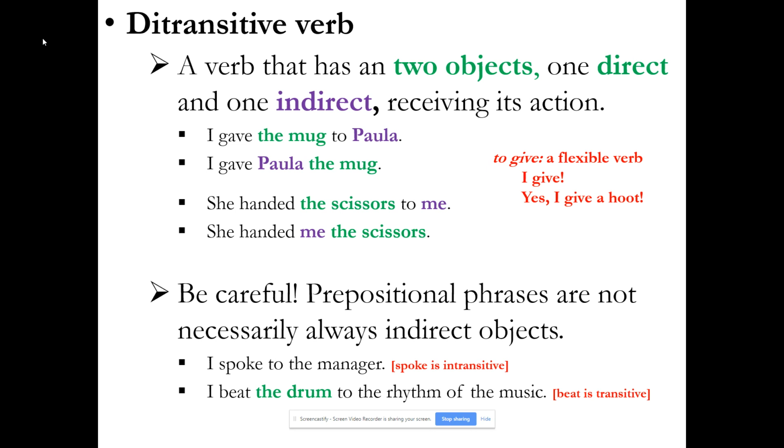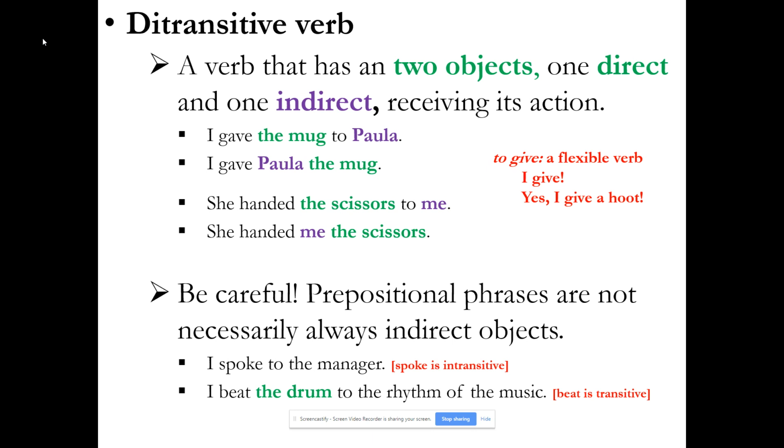Right, the fact that the speaking happened to the manager, right, is just expressing location, direction, and helping to make the sentence and idea more specific. It's a prepositional phrase. It's not an object. The manager is not an indirect object, and spoke is not a ditransitive verb here. It is intransitive. I beat the drum. Right, the drum was beat. That's what happened here. So again, the drum is a direct object, right, receiving the action of to beat,